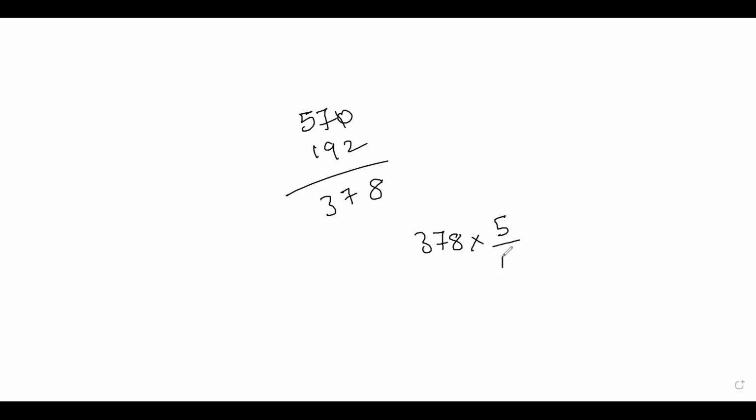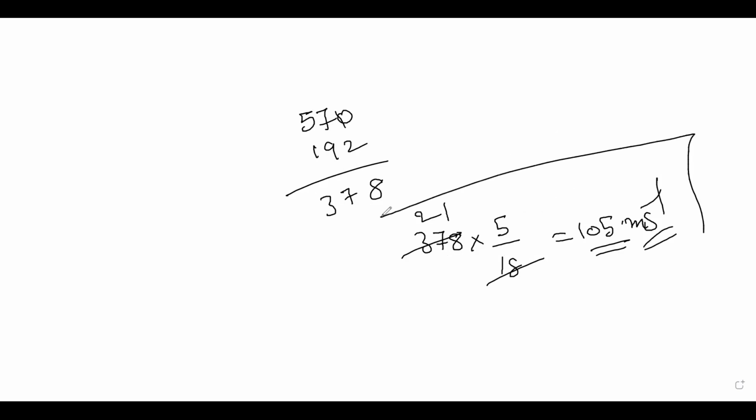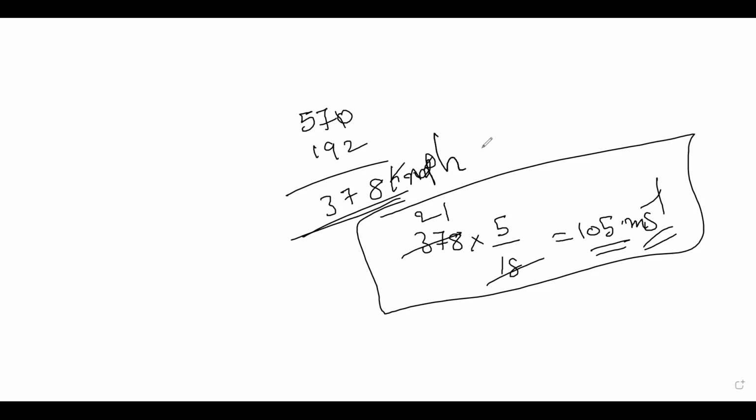5 by 18 is what we have to do. 18 times 36 is what you get, and then divided by 18. So you get 105 easily. Yes, 105 meters second inverse. This is where I made a mistake in the calculation. Okay, clear? So this is how you had to calculate. So they have given 105 meters second inverse. So this is 378 kmph, which is the relative speed of the bullet with which it will hit the thief's car.